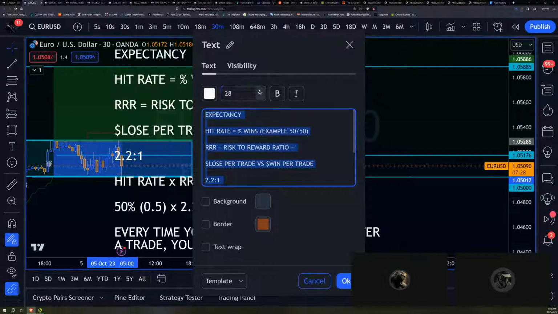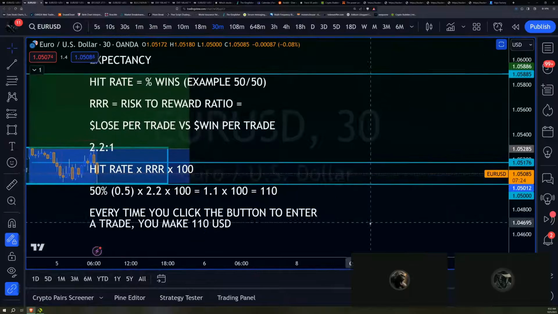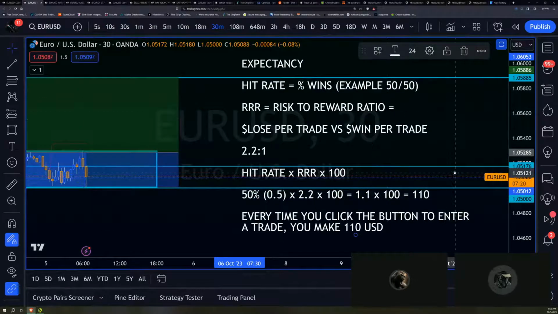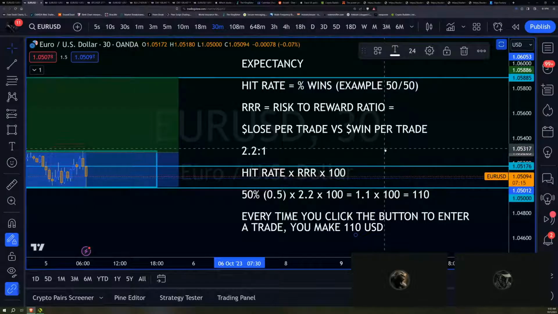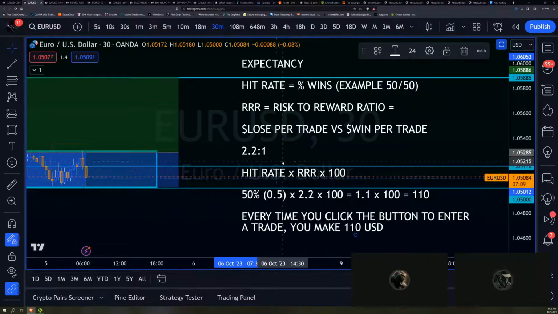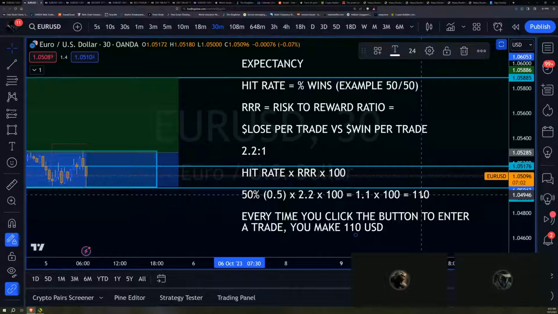You're going to go through, you're going to look at your data. There's a whole way of what's called back testing. Okay, so you go through historical data, you mimic the trades. This TradingView software has the ability to help you do that in a very efficient manner, right? And once you've done that, you're going to know to a statistical degree of probability what your expectancy is. And so what you'd be doing at that point is saying, okay, whether I win, whether I lose, all of those things averaged out. Every time I click that button, I'm making $110, right?